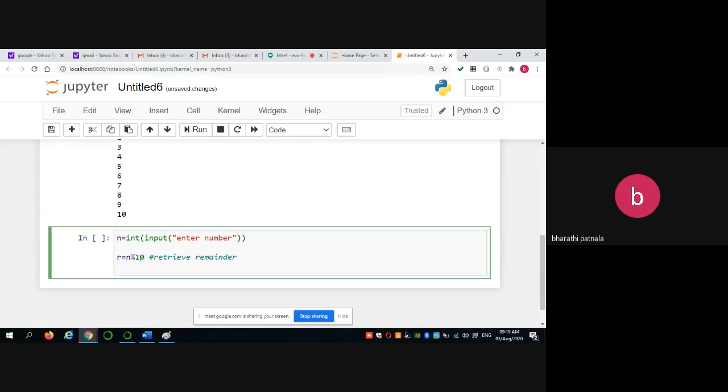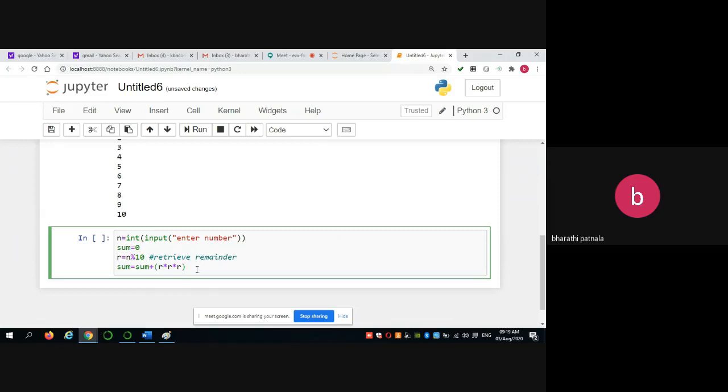That means suppose you are giving the n value as 153, and 153 divided by 10 leaves some remainder, that is 3, that will be stored in R. Now you have to sum this R into R into R. Okay. So cube this individual digit and add it to the sum. That's why the sum is initialized with 0.